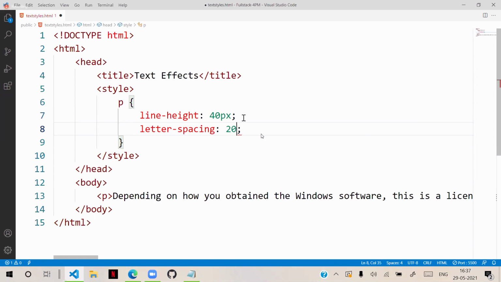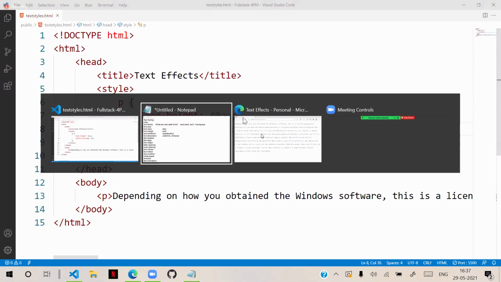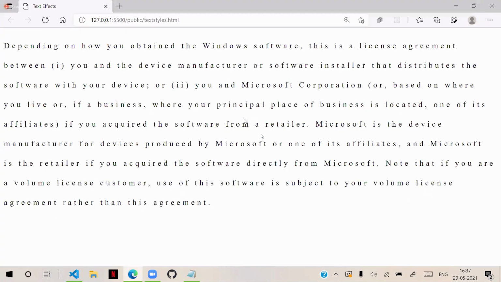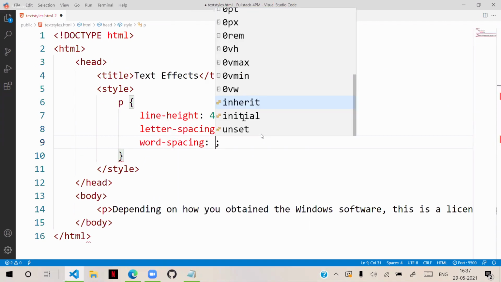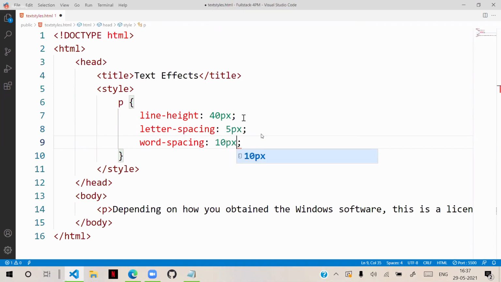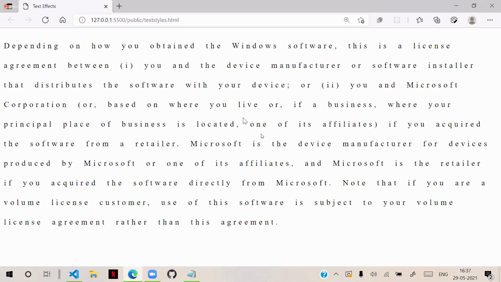Letter spacing as 5 pixels, there will be space between the letters. You can give the space between words. You can keep word spacing. So word spacing of some 10 pixels, the space between words also will increase. Space between the letters, space between the words, and space between the lines.